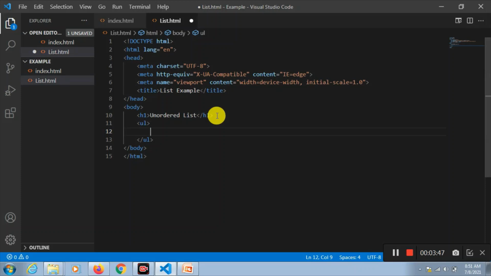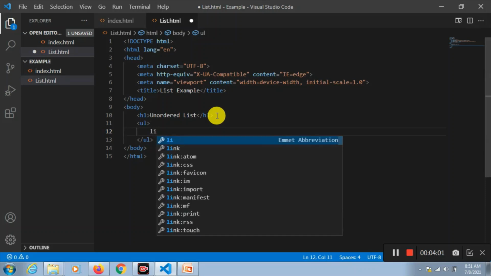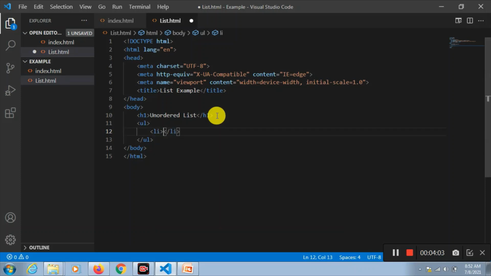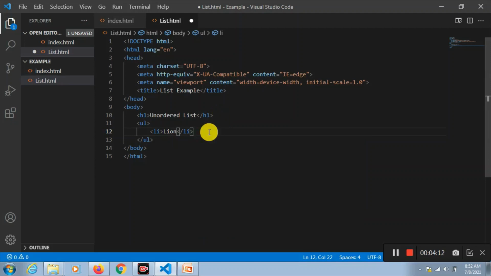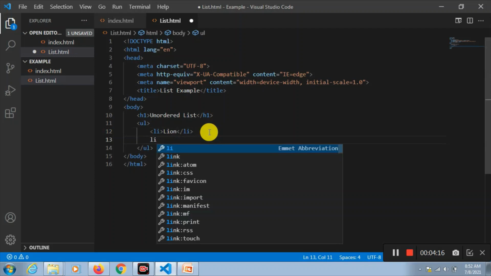Then you have to write the items, what items you are going to store in this list. For that, you have to use the tag li. Let's write some name of some animals. Again, li.